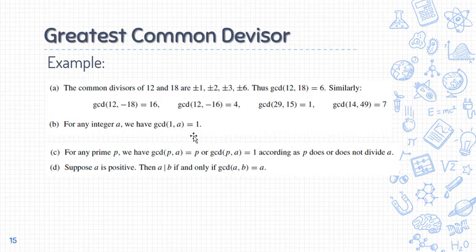Now, suppose A is positive, then A only divides B if and only if ang GCD sa duha ka number A o B is A. So again, murag ko ni siya self-explanatory wherein of course kung si A makadivide siya kang B tapos ato siyang pangitaan ning duha ka number og GCD, of course si A na gid na. Di ba? Kay ma-divide man niya si B. So that is some of the examples of GCD.